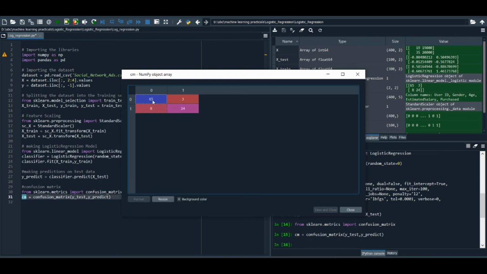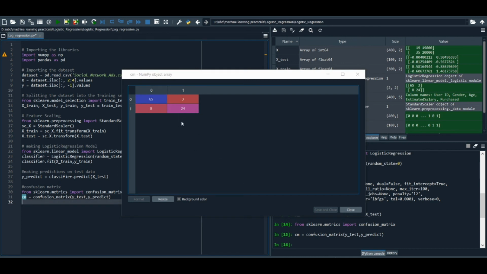It makes a correct prediction for 65 values of 0 and 24 values of 1, and makes an error in 8 values where the actual value was 0 and it predicted 1, and where the actual value was 1 and it predicted 0. So in this way we can see the accuracy of our model.